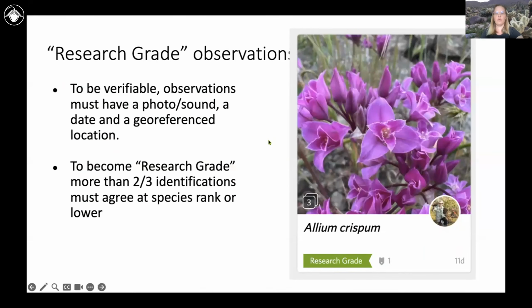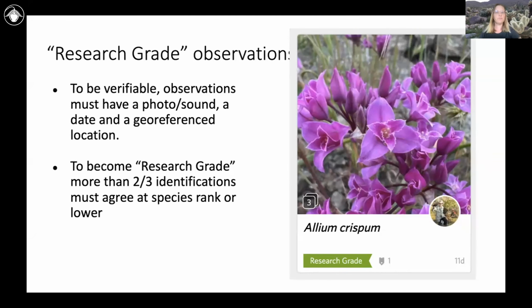And so when you make observations, another reason to use Seek is if you're just casually looking at plants, especially cultivated plants, you don't necessarily want to share that data with the world or upload it or share any personal information. Say you're doing it with a kid who doesn't really have an online presence, that's a great tool. But if you're using iNaturalist and you are up for sharing your data, which is, I think, a really wonderful thing to do,